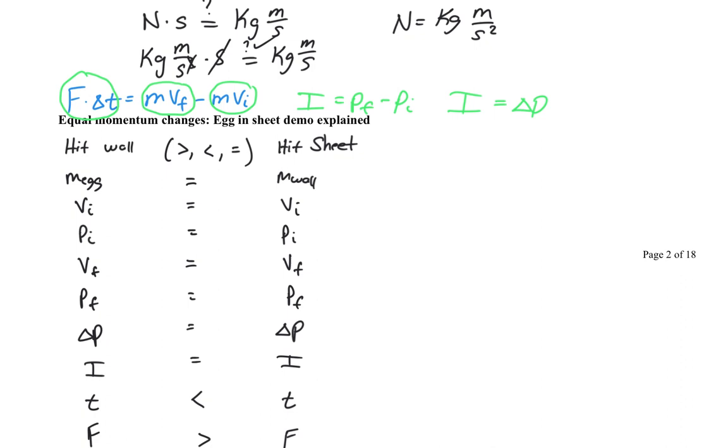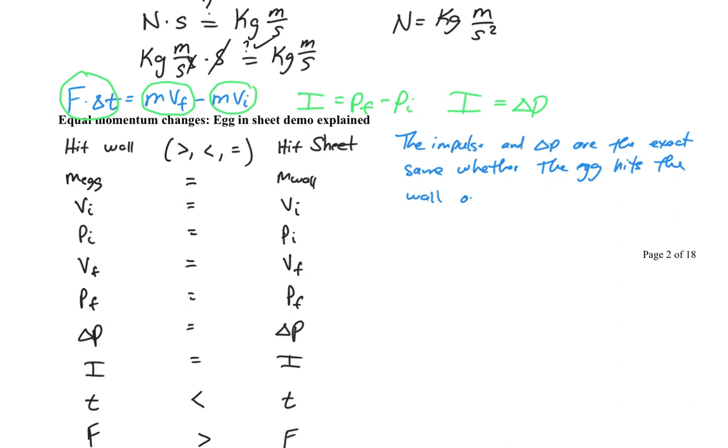So we can write that out, because this is your notes, and we want to make sure we're clear. And we want to say the impulse and delta P, the change in momentum, are the exact same whether the egg hits the wall or the sheet. I realize I probably have a little more room on my page than yours. Sorry about that. Okay. The egg breaks